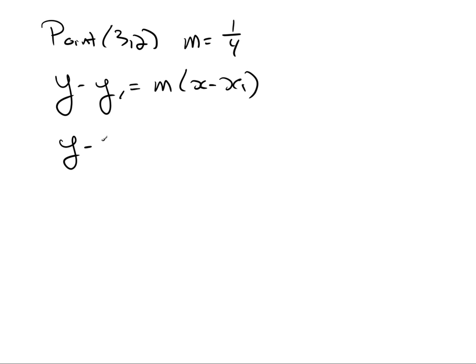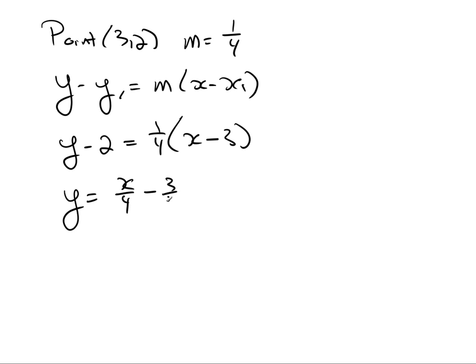So y minus 2 equals the slope 1/4 times x minus 3. So y equals x over 4 minus 3 over 4 plus 2. Now plus 2, I'm going to need to do the addition here. So that's actually the same as